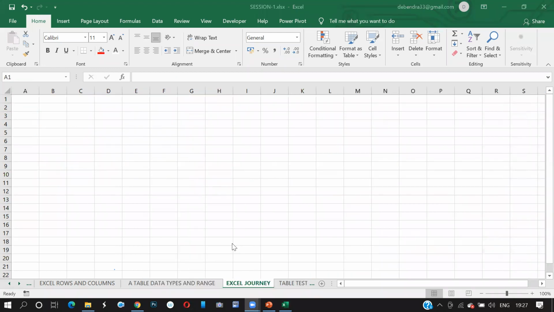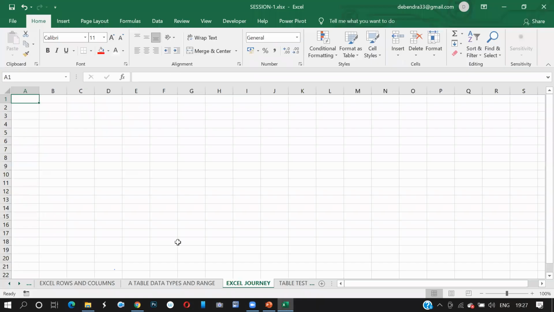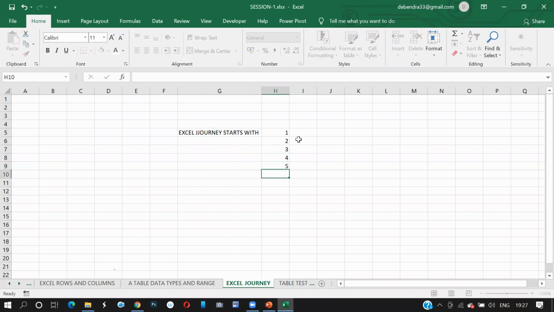This is called the Excel journey. Session 1 is a workbook. Inside session 1, these are the sheets. So the Excel journey starts with what? First is the Excel workbook. Then Excel worksheet. Then cell reference.